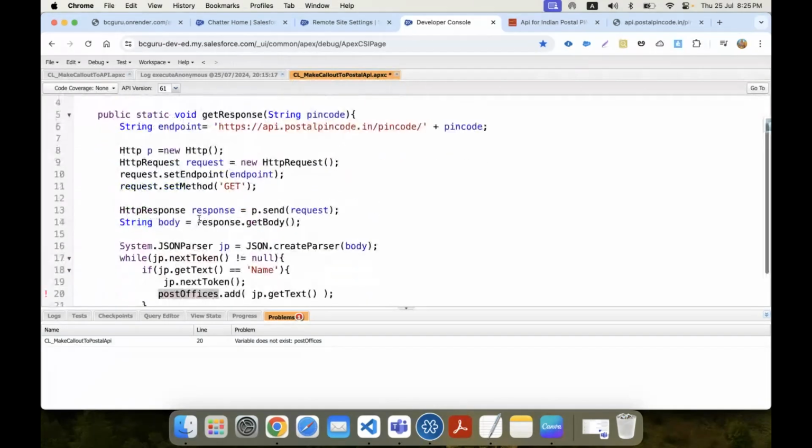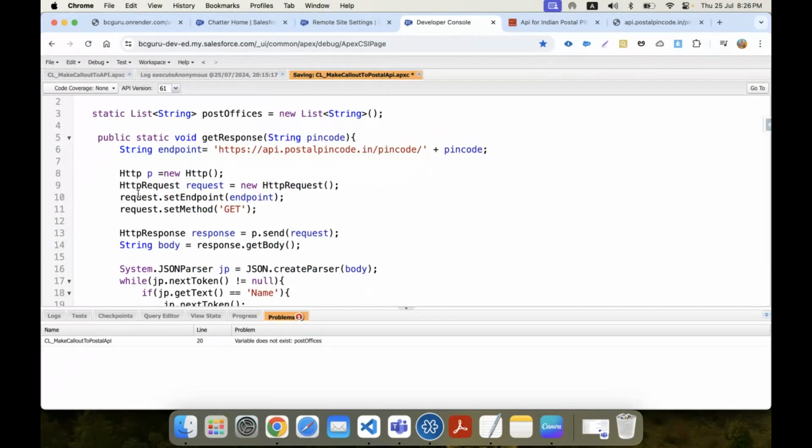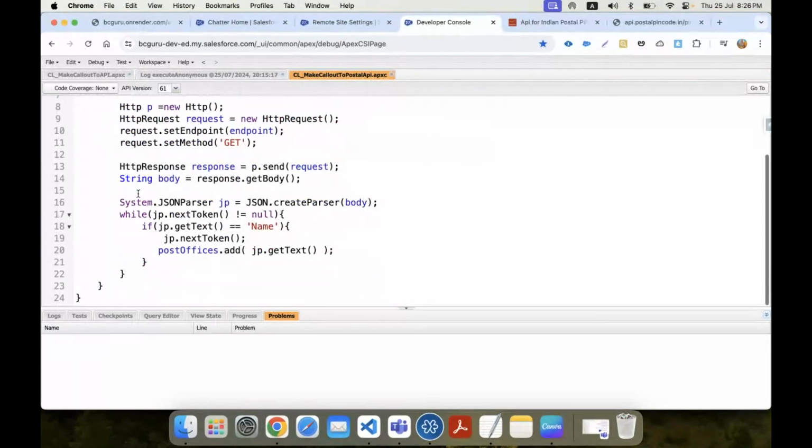Okay, this is static method and this is non-static variable. So let us take this as static. Okay, visibility issue. After ending the while block, while loop,